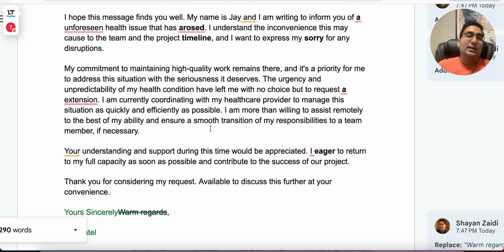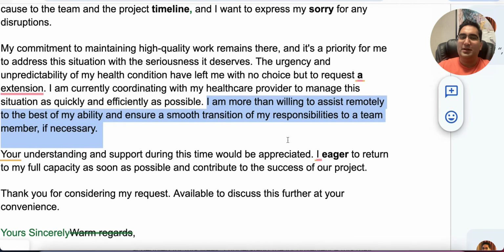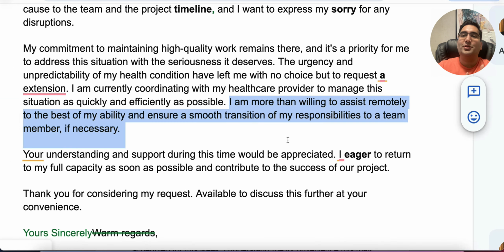So when it came to the lexical resource, there are some sentences which are pretty basic, but I was kind of surprised how this sentence was here, and I'll point this out. This will actually score good marks. You want to make sure you write sentences like these. I'm not sure if the student did it himself. If he did, I'm glad he did, but I think he might have copy pasted it from somewhere. Look at the construction of this. I am more than willing.